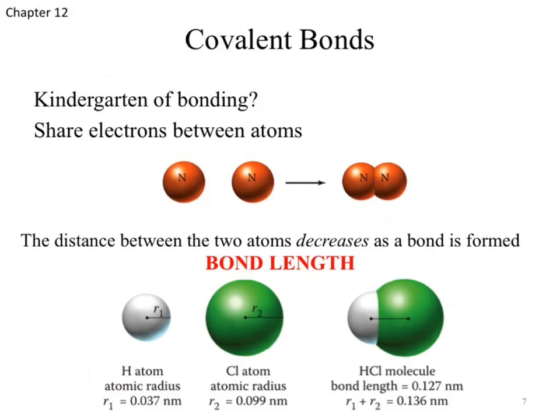What happens when we move into covalent bonds? I don't have a child analogy in this case. Maybe kindergartners share better. I don't know. We're looking at sharing of electrons between the atoms. Well, what's going to determine the sharing of electrons? What property of any element is going to tell us something about how well it shares electrons with another element? Not so much the charge. The charge gives us some hints to it, but there's another more important aspect. Particularly if we take a look at nitrogen and nitrogen. The bond between nitrogen and nitrogen, so up here, what's the charge on each of those nitrogen elements?